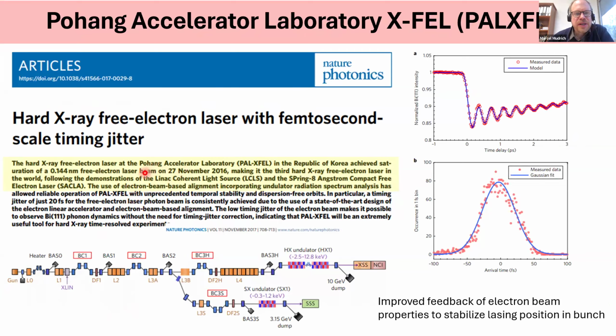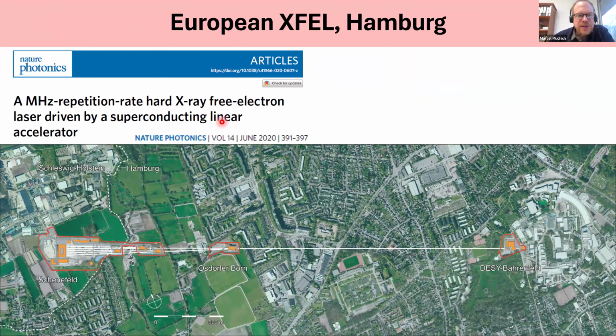In Pohang Accelerator Laboratory in South Korea, which produced first light in 2016. But again, this is a hard X-ray free electron laser, I think, with similar properties as SACLA and LCLS. And then in 2020 came the first hard X-ray laser in Europe online, and that is the European Free Electron Laser